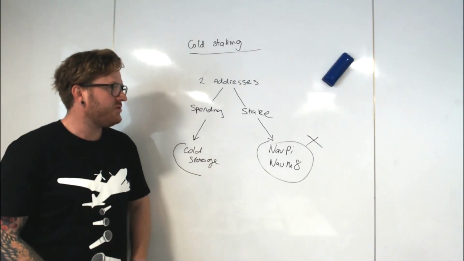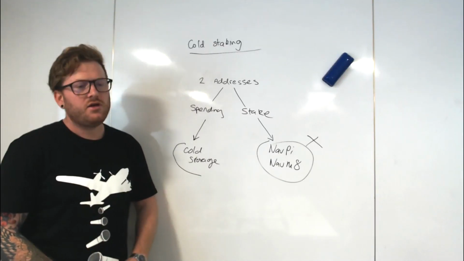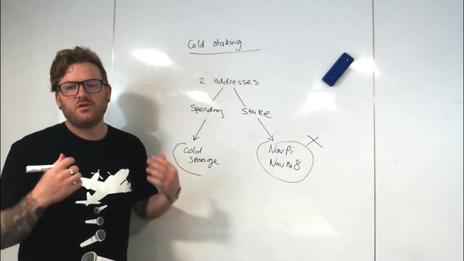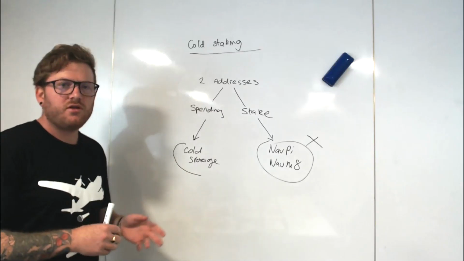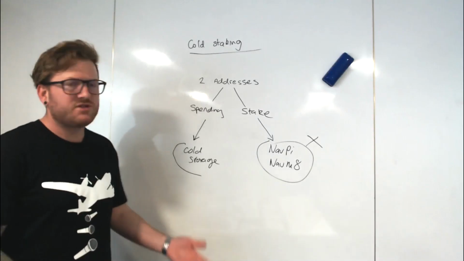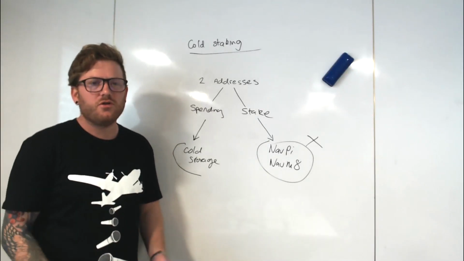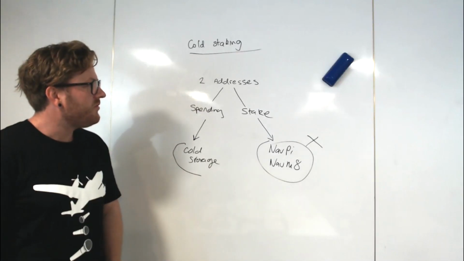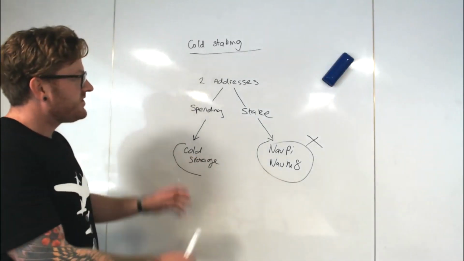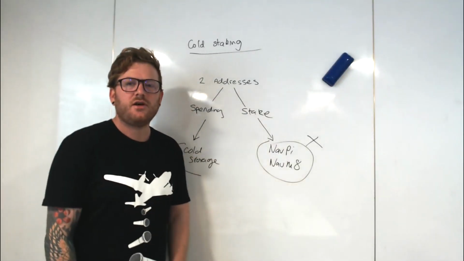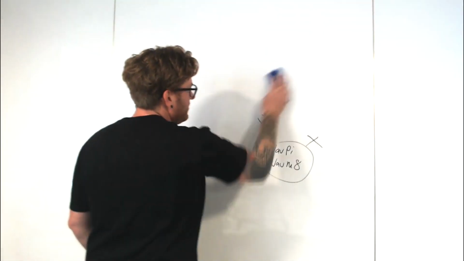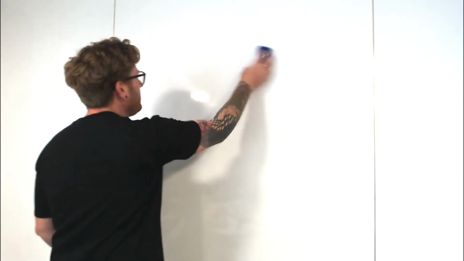It does have the potential to do some cool things as well. You could have your spending key on NavPay or your laptop somewhere, and your staking device is at home, and sometimes it's not accessible to you. But you could technically spend your staking rewards on the go, while your staking machine sits there doing its static job of securing the network. That's cold staking in a nutshell. If you want to know more about it, go back to the previous lesson, and that's pretty much it. We're going to roll straight into the static block rewards stuff.